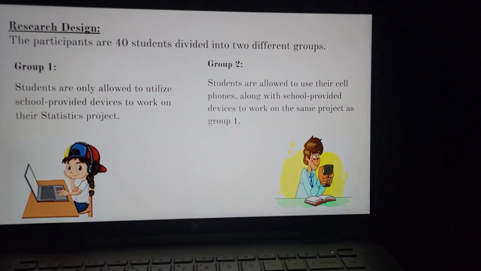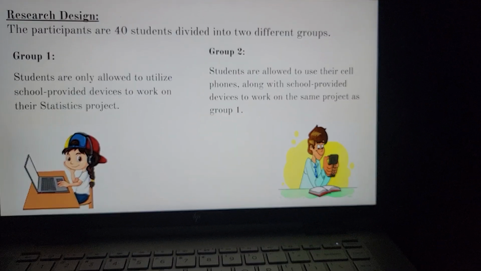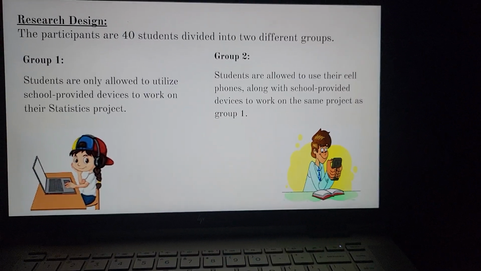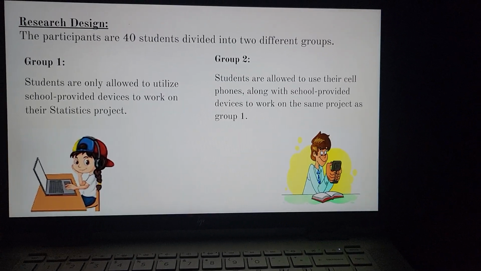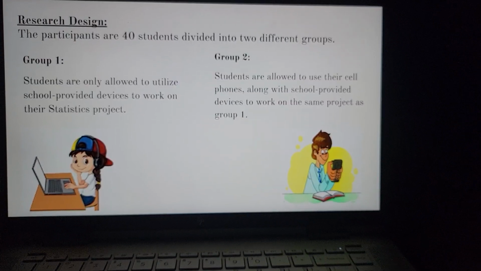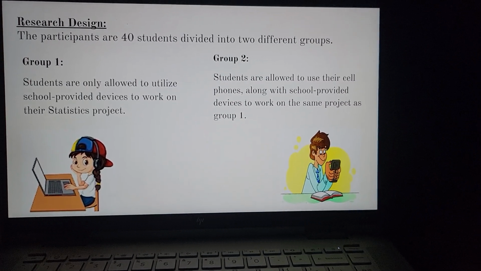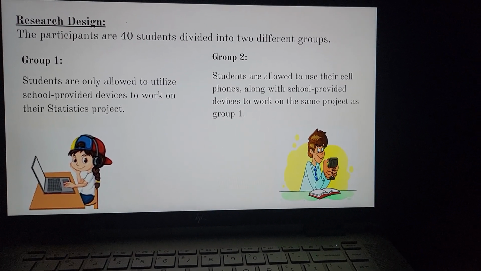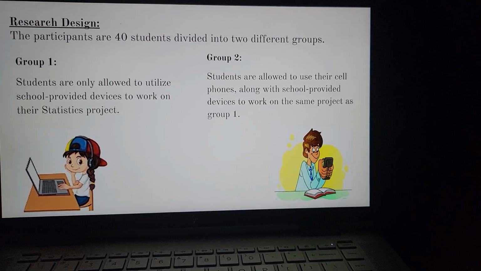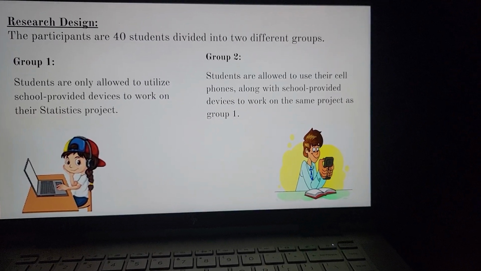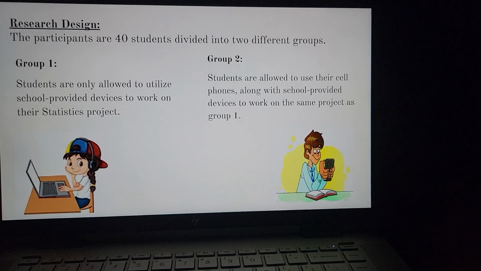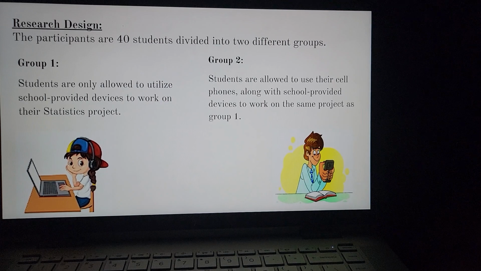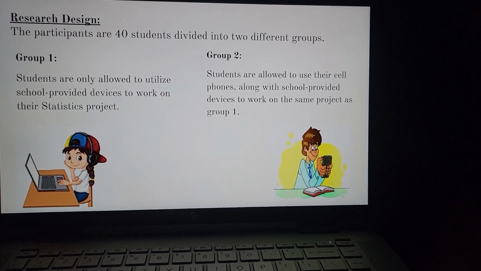Right? So I came up with a quick research design for my students. In my classroom I teach mainly seniors. They are almost 18, they almost graduate, almost become productive citizens for society. So technically I'm trying to train them how to be responsible with their own device in learning and working. The participants in my project will be 40 students in the class Statistical Reasoning, seniors, 17, 18 years old.